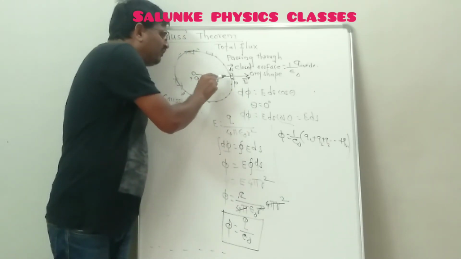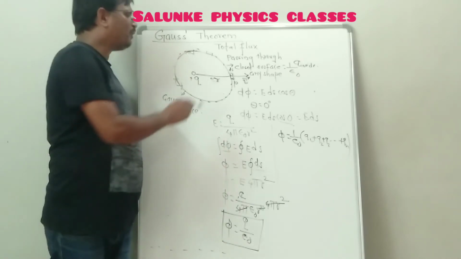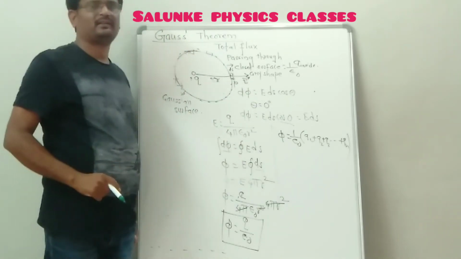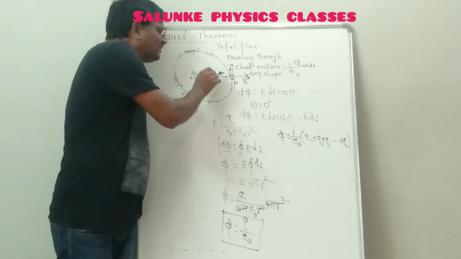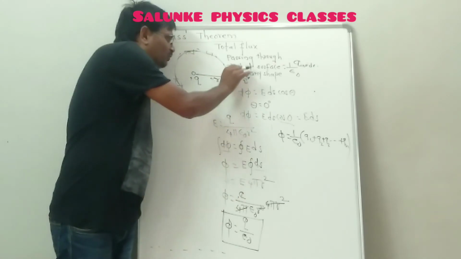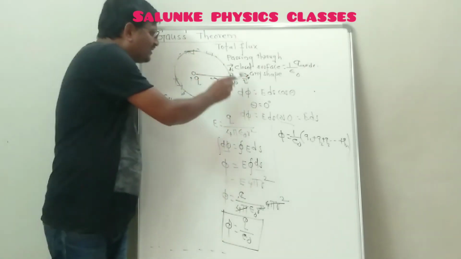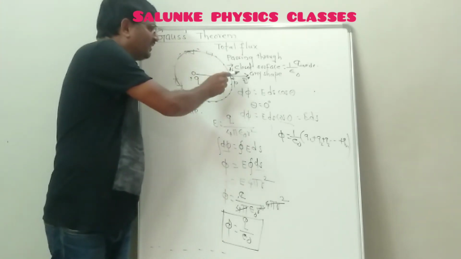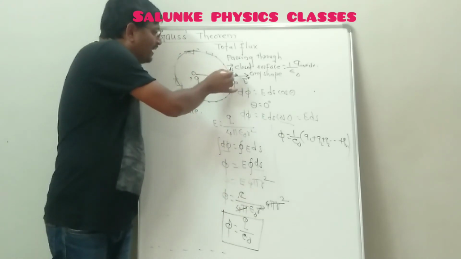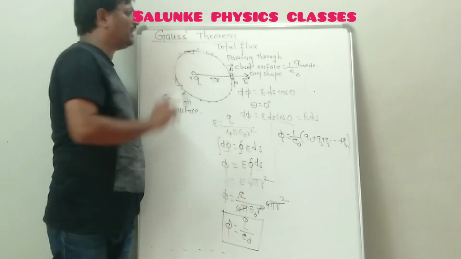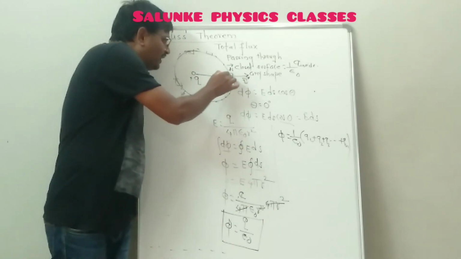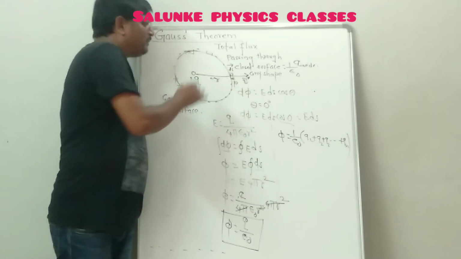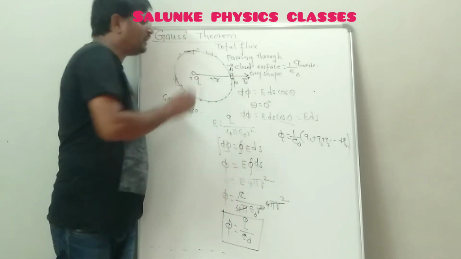E bar be the electric field intensity at point P. We have drawn the small area ds around point P. This area ds is directed outward and perpendicular to the surface. Therefore, the direction of E bar and ds bar is along the same direction. We can take the angle between E bar and ds bar as 0 degree because this small area is very small. For each small element, theta can be taken as 0 degree.